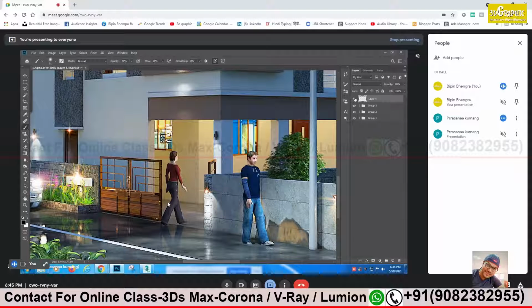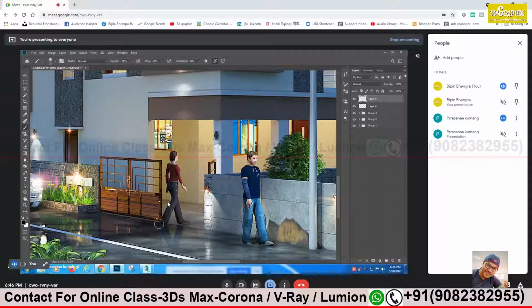Try to create a contact shadow near the shoes and the ground. Enough. Reduce the brush size. Create one more layer. Once you are happy with one layer, do not work on the same layer. Create a new layer. This is just for experiment purposes. Create it very soft, just near the shoes. Enough.